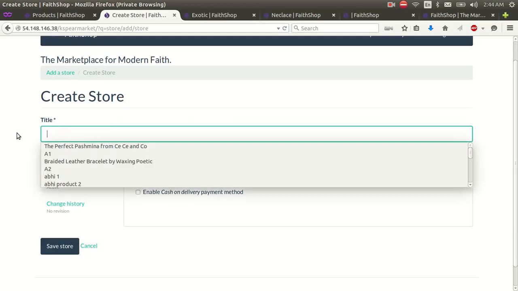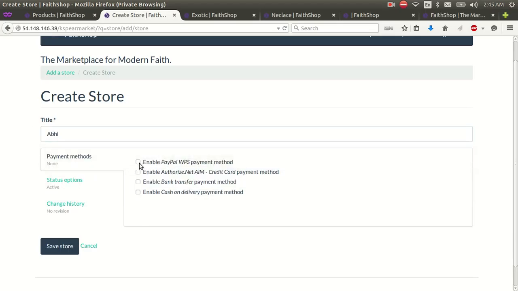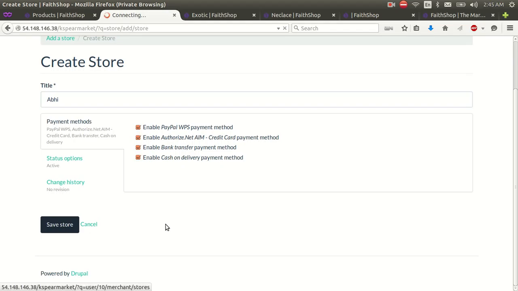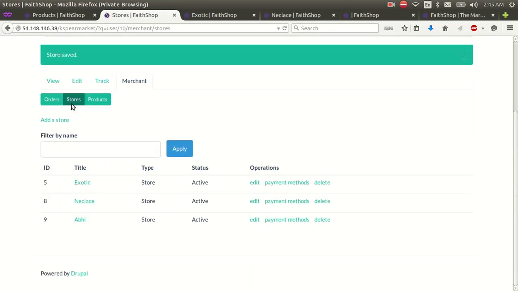Now let's add another store. Let the store name be Abhi, and he can choose the various payment methods from here. He can enable a PayPal WPS payment method, or he can authorize all, or he can even create cash on delivery, a bank transfer, a credit card payment method, or a WPS payment method, whatever you want. And let's save the store. So now as we can see that in the stores tab we have three stores now,